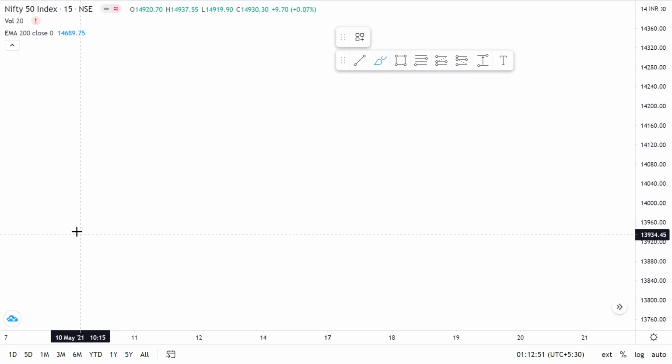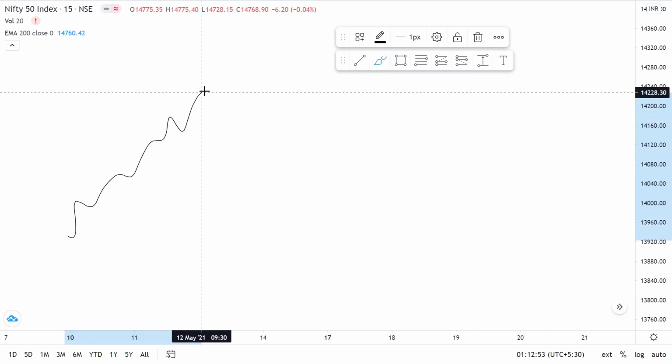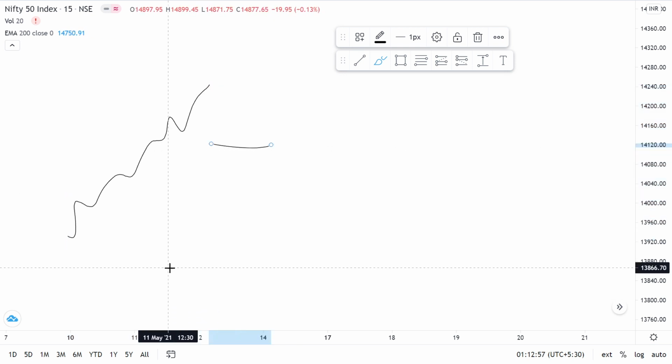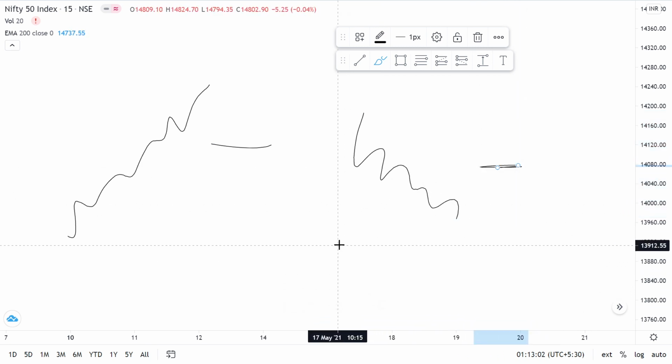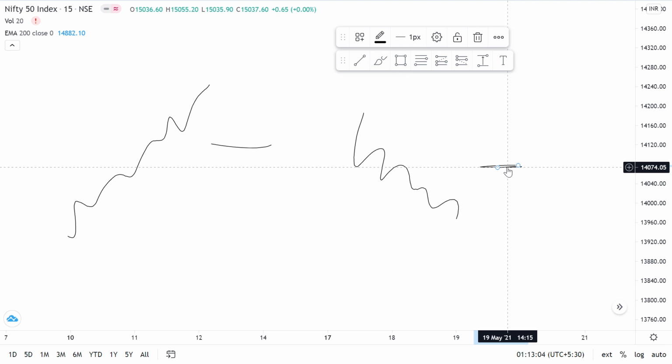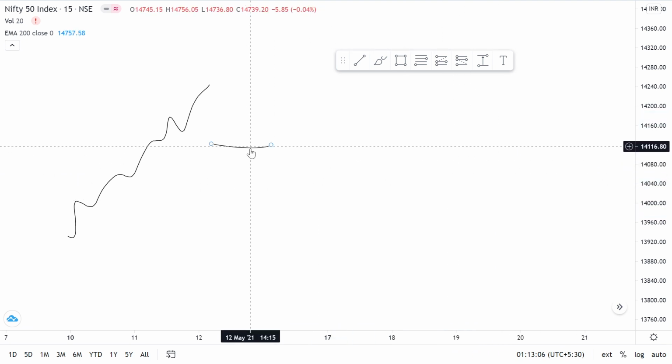So what we'll be seeing today is the opposite. In a trending market which is going upwards, in a bullish trending market, what if there is a gap down opening? Or in a bearish trending market, what if there is a gap up opening? What if there is a significant gap up and gap down opening in a trending market? We'll be looking at this right here.